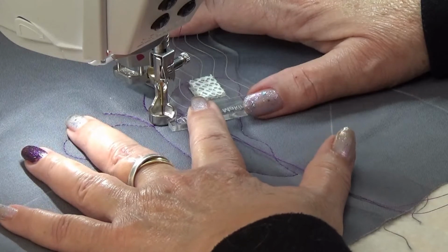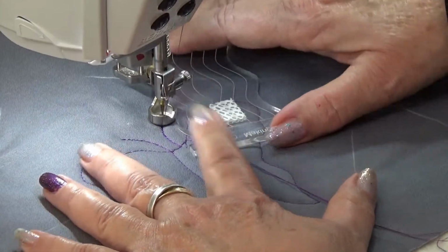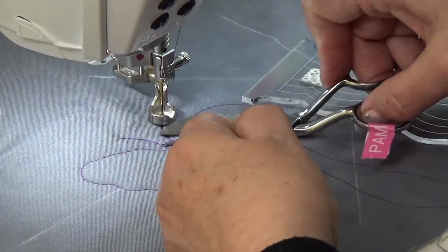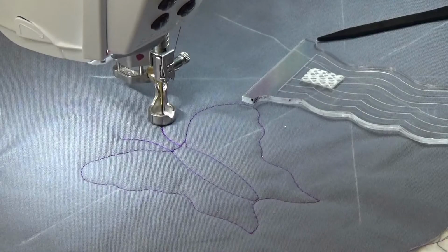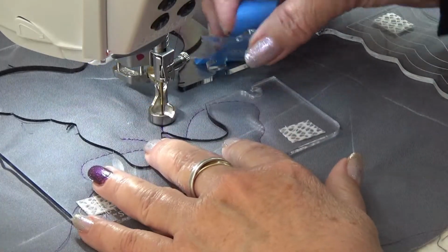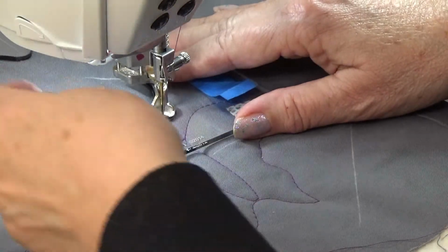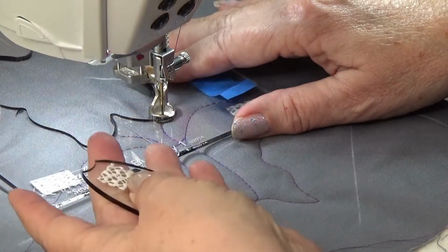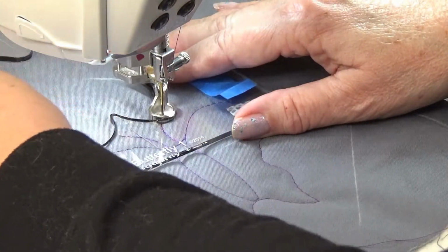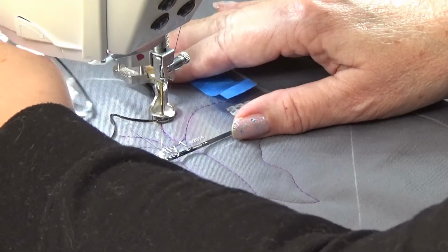Now, if you wanted to, when you were at the top of your antenna, you could, I'm just going to trim these, but I normally wouldn't do that. You can come in here, start at the bottom. You could do this and then put the body in if you wanted to. I think it's easier to do the body first. So in this situation,